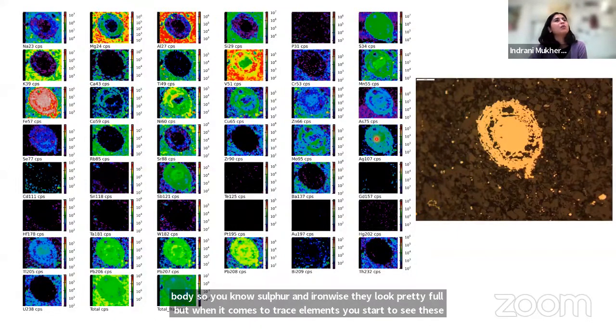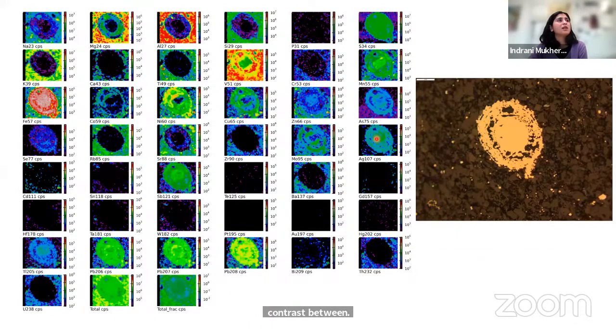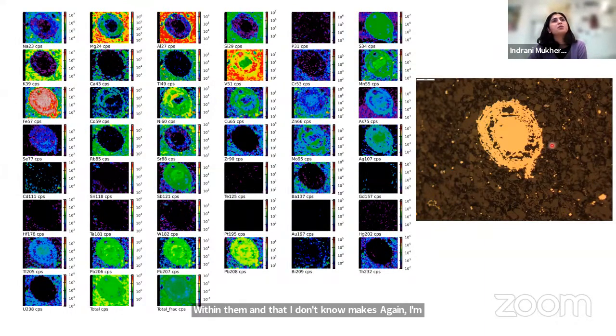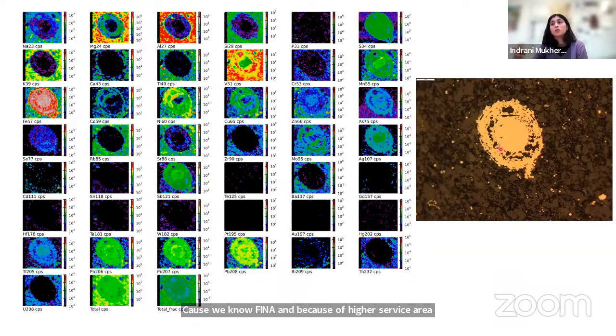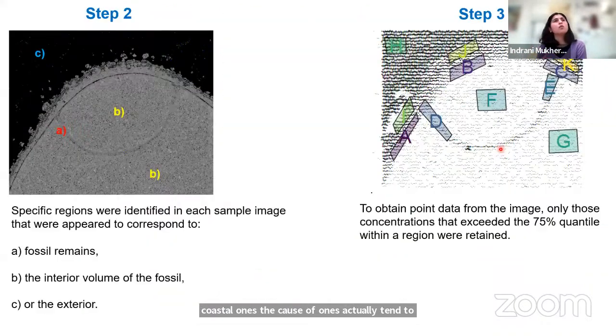And that, I don't know, makes, again, I'm hypothesizing here, so please feel free to critique me later on. But it's perhaps to do with the different parts of the organism that's either soft or hard or intermediate that sort of dictates how much trace element goes into them. Because we know finer iron sulfides, because of higher surface area, they tend to absorb more trace elements than the coarser ones. So this could play a control, but let's just keep going.